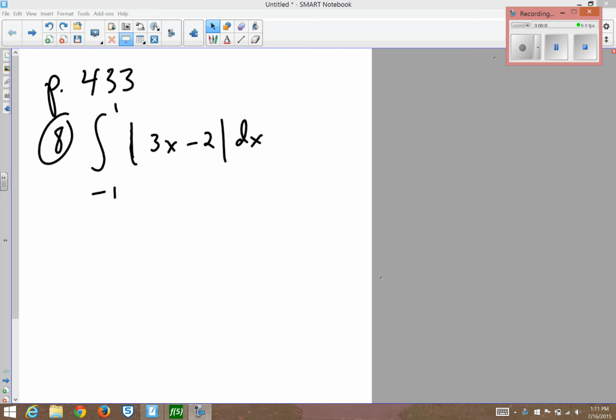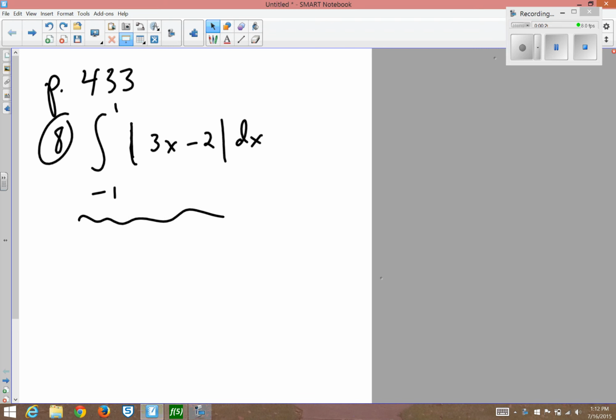On page 433, exercise 8 says find the integral from -1 to 1 of the absolute value of 3x minus 2 dx. All this symbolism means find the area